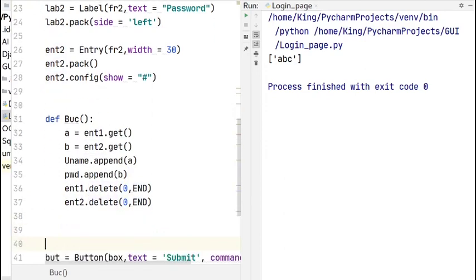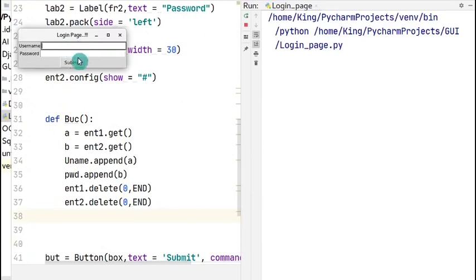So now let's see whether this works or not. I have entered a user Harry, and I have taken a password, random characters, and I have clicked on submit. So whenever I click on submit, the username and the password get vanished.